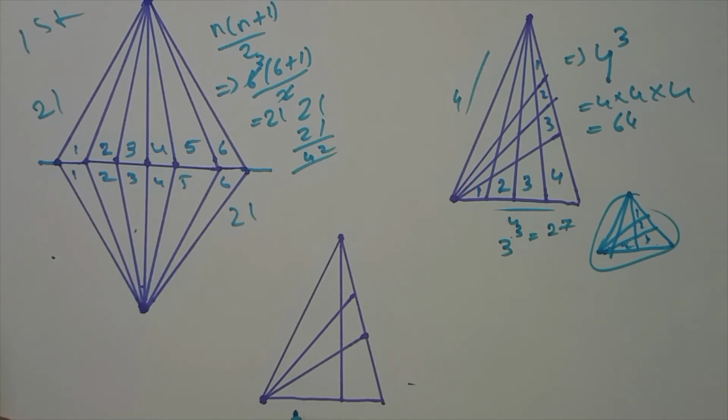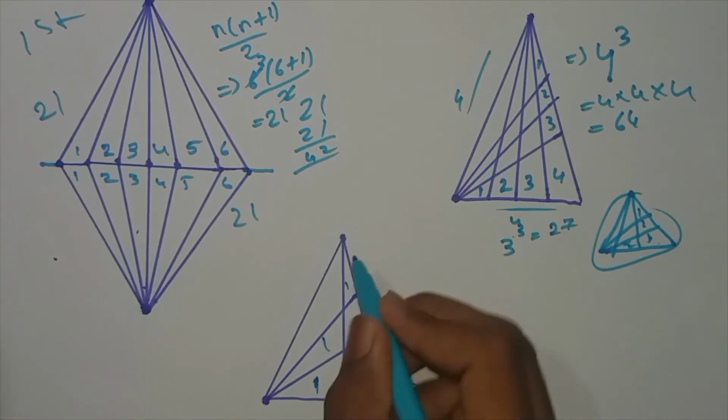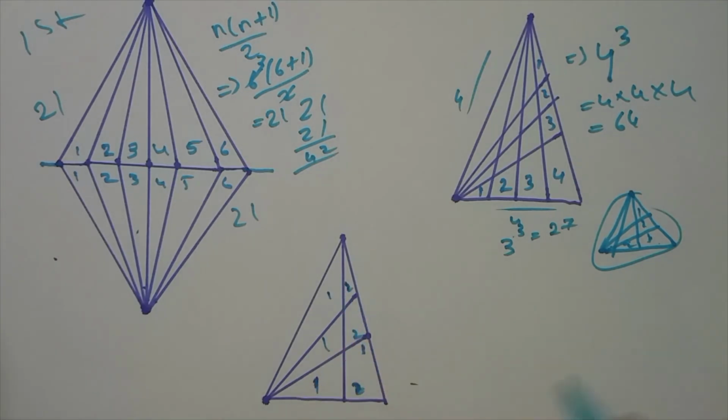And this is another model. That means we have, this is 1, this is 2, and this is 1, this is 2, and this is 3. So there is an unequal number of divisions. So how to solve this type of question? Take numbers. That means this is 1, this is 2, this is the first part, this is the second part, this is the first part, this is the second part.